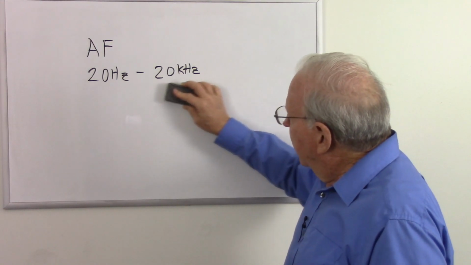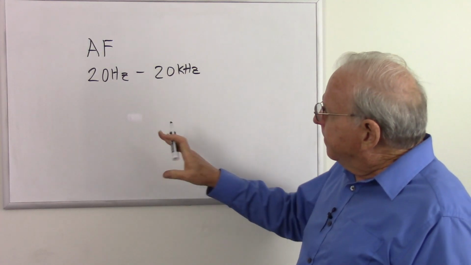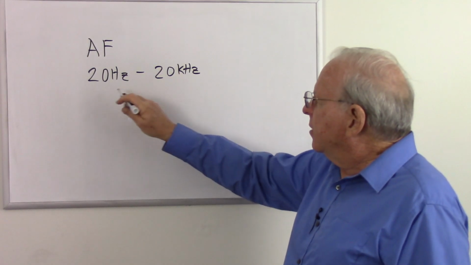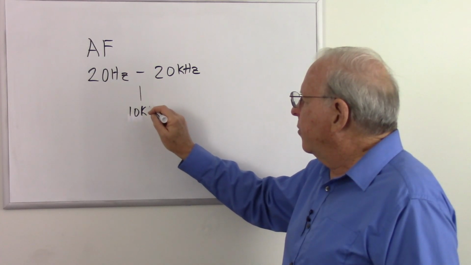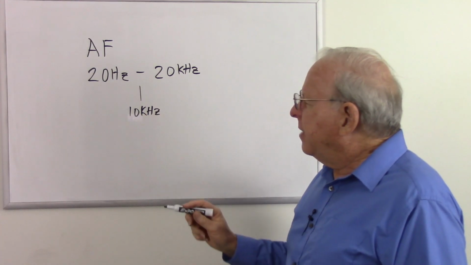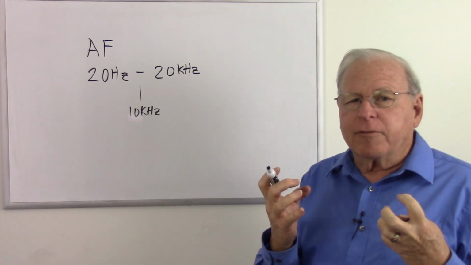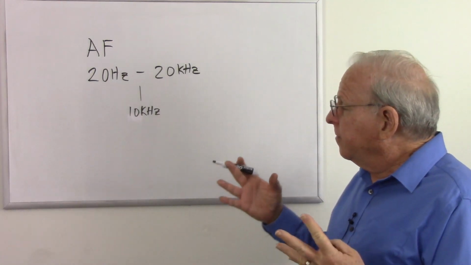Now, when we think about that, what would you think the middle of this range is? Well, between 20 hertz and 20 kilohertz, we would think that's about 10 kilohertz, wouldn't you? But that's not the way we hear things. The way we hear things is logarithmically, and you should have just recently watched the video about logarithms and know